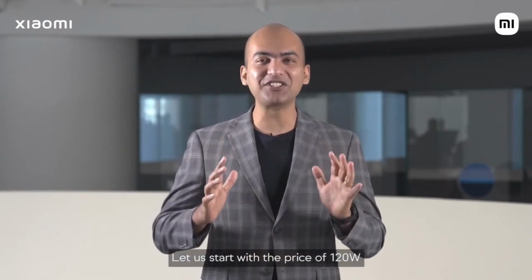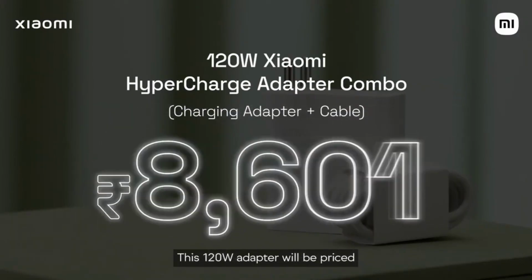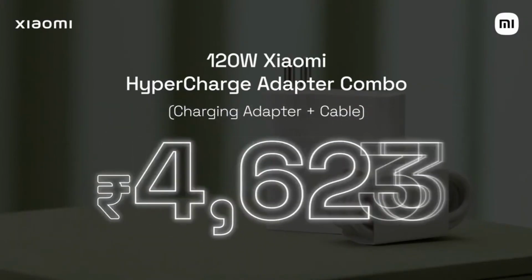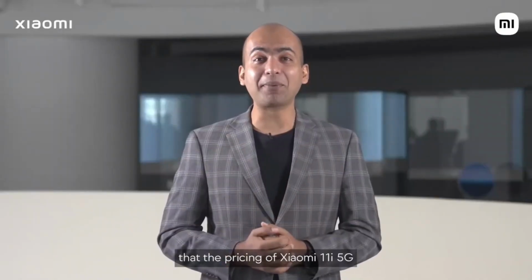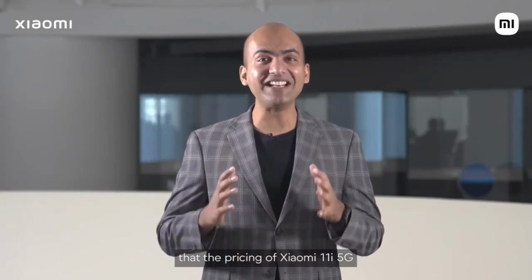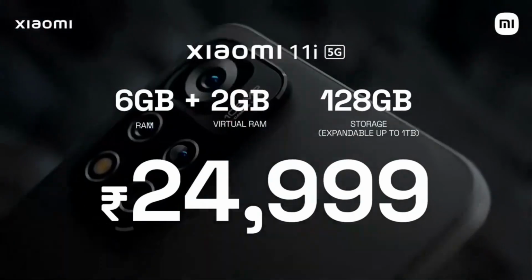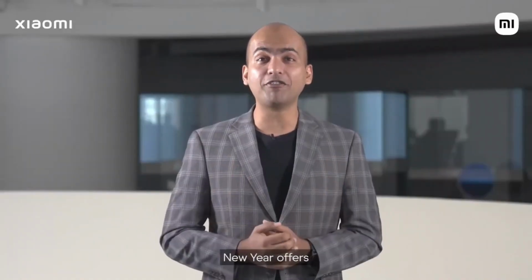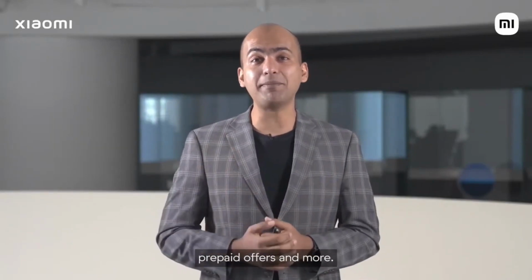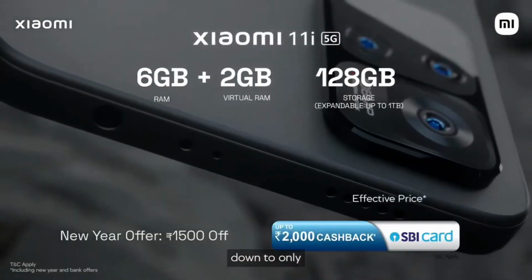Let us start with the price of the 120-watt Xiaomi Hypercharge adapter. This 120-watt adapter will be priced at only Rs 3,999. I'm happy to share that the pricing of Xiaomi 11i will start from only Rs 24,999. We also have some great limited time New Year offers across bank cashback, prepaid offers and more that will take the effective price down to only Rs